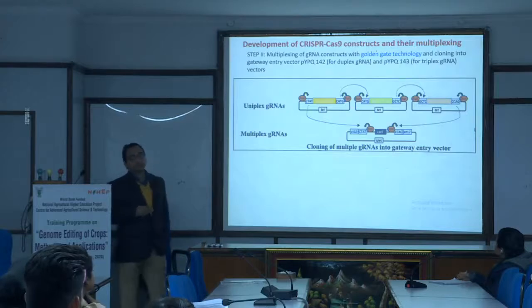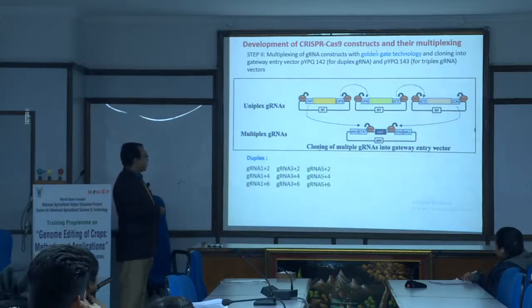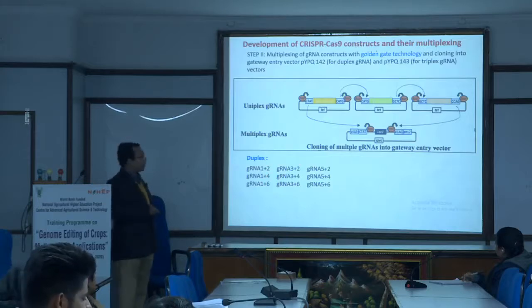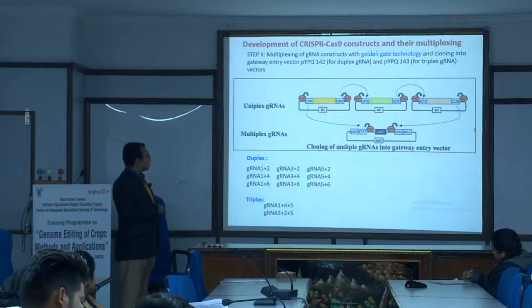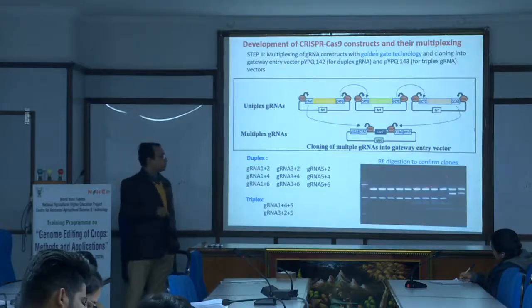If it is triplex, we use the 143 series of vector. Ultimately we developed 9 duplex molecules with different combinations and 2 triplex molecules. These 9 duplex and 2 triplex constructs were developed as multiplex constructs, and they were confirmed through restriction